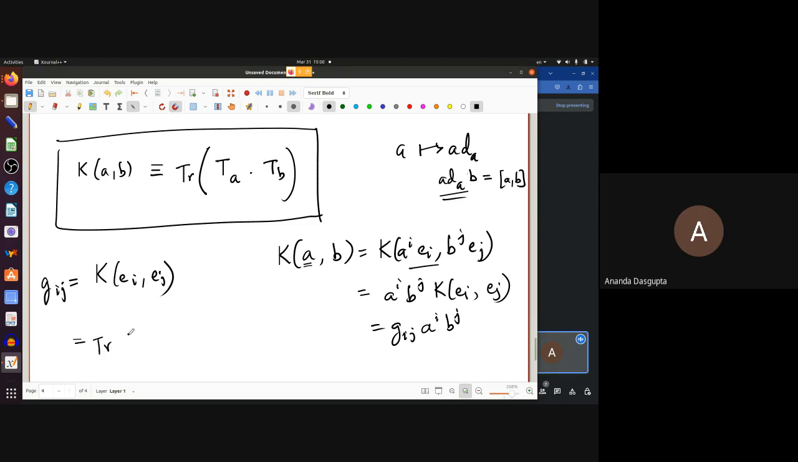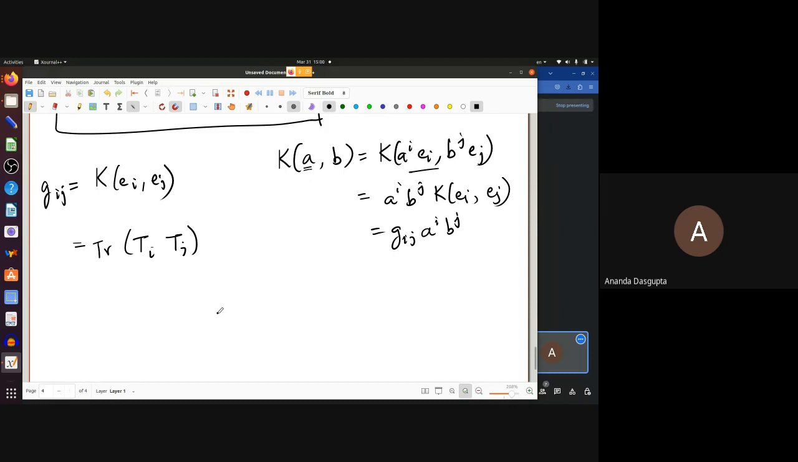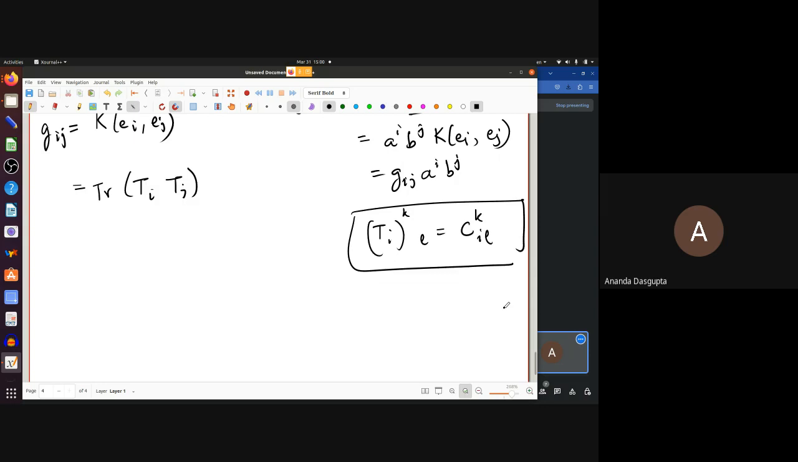And K(E_i, E_j) is the trace of T_i T_j, where T_i and T_j are the corresponding matrices. And we had actually worked out earlier the T_i from the definition itself. T_i is the matrix whose kl element is C^k_il, the structure constants. This is something we have already worked out before. Okay. So what is the trace of T_i T_j? If T_i's kl-th element times T_j's lk-th element are summed together, it is simply